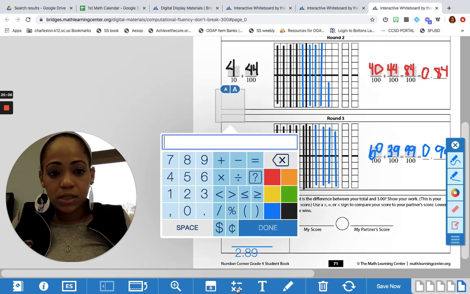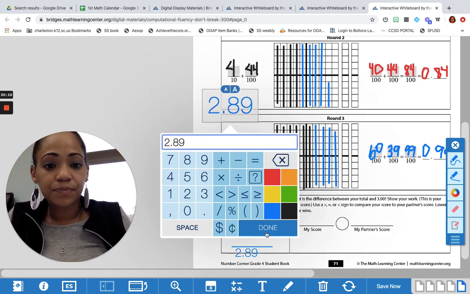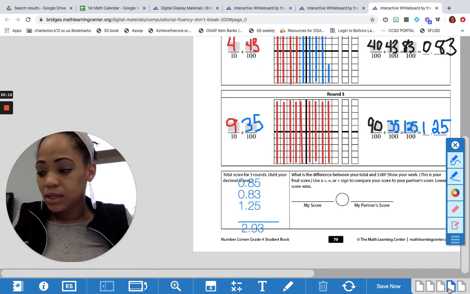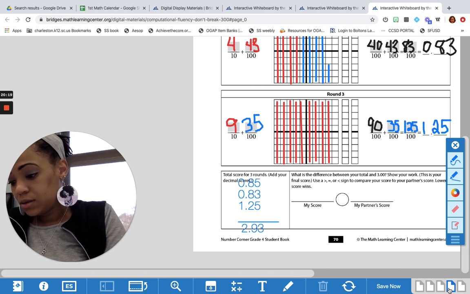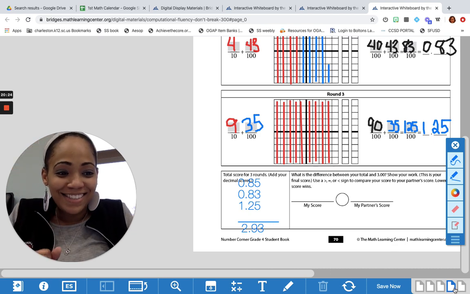So it would look like this. Your score was 2 and 89/100. My score was 2 and 93/100. Which means